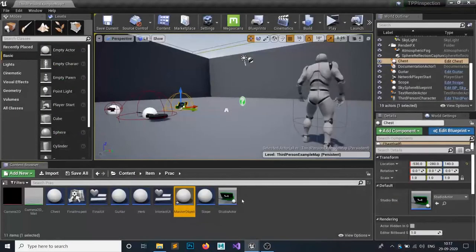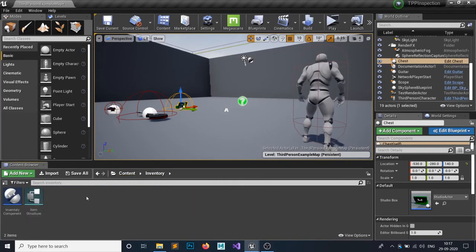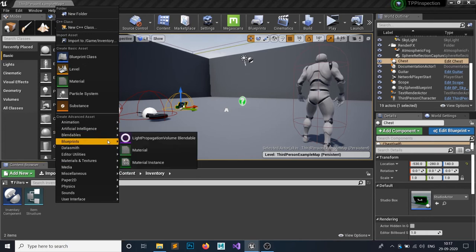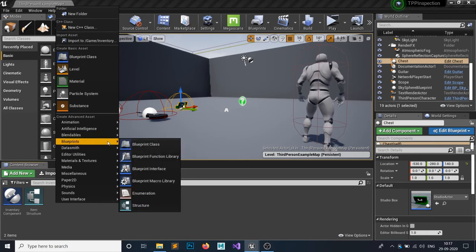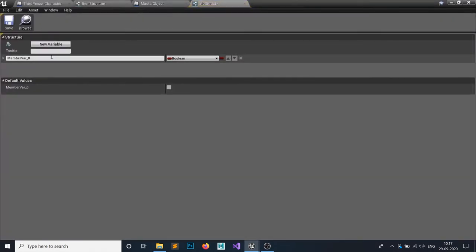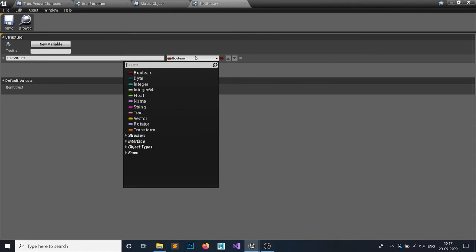One thing we also want to make is this one. So go back to your inventory. We have made this item structure. What we also need to make is a slot structure, so what a slot can occupy. So we want to make another structure. We're gonna call it a slot structure. So slot structure struct. Yep. And the first variable is our item structure. So item struct, and the type of this would be an item structure.